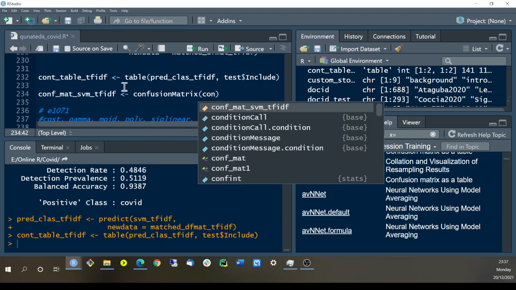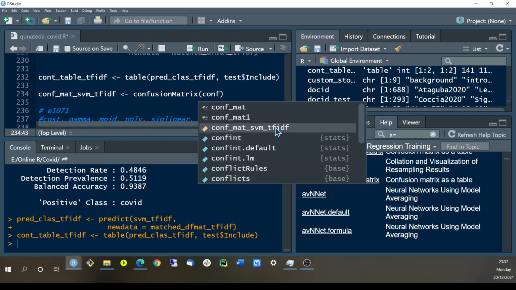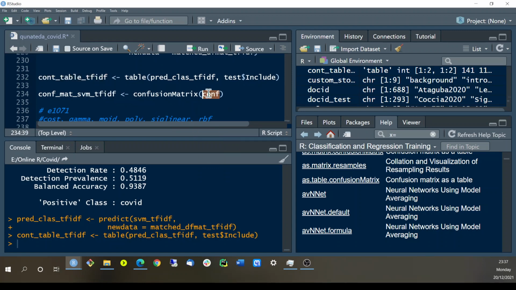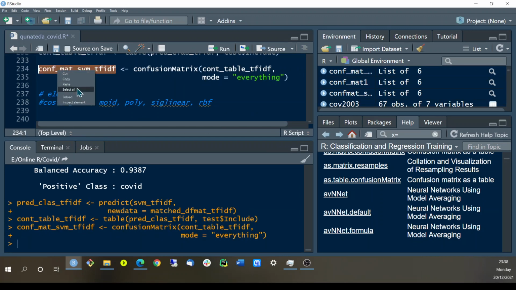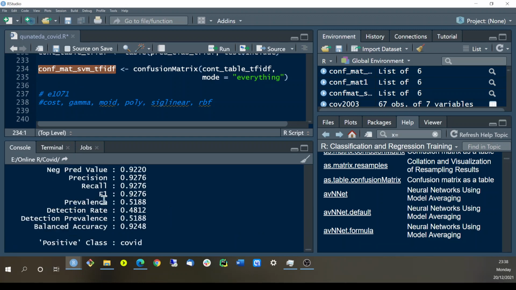Then once you have the confusion matrix function, you can call your contingency table. Our contingency table is this one, the one we just did. Then we can define the mode. Mode will be everything, because we want to print out everything, including sensitivity, specificity, precision, or whatever. Then you can run this, and let's see. Now if we run this, you see